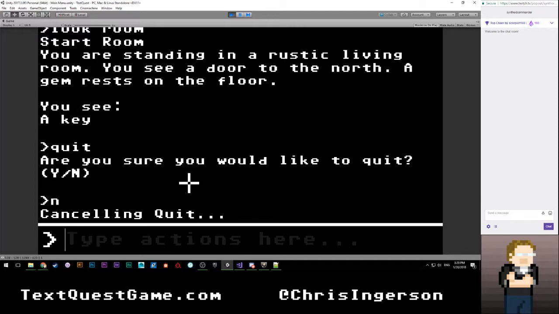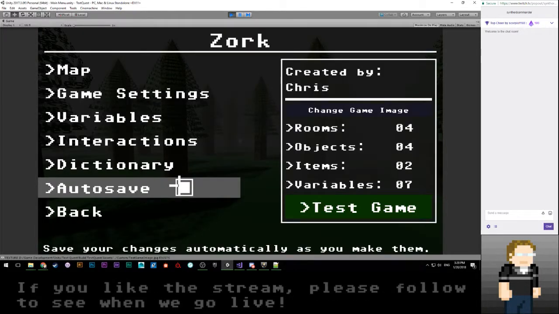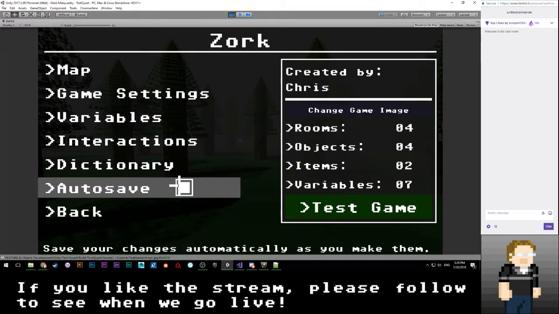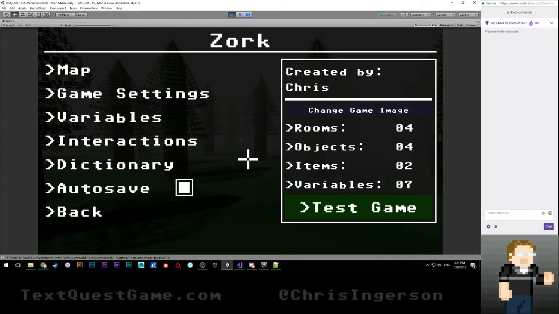That's 4. I thought we had 5. Oh, right. So if we go south again, I think that ends the game. So we want the end text, which is text that's shown when you complete the game. And I think that would be it for now.